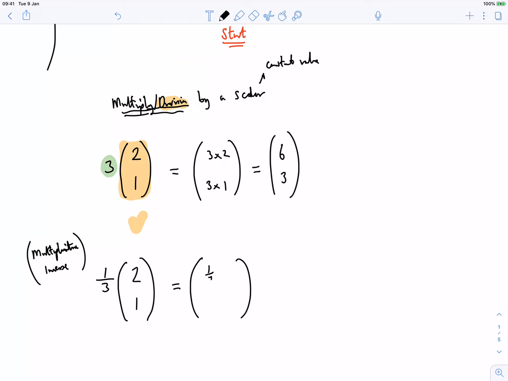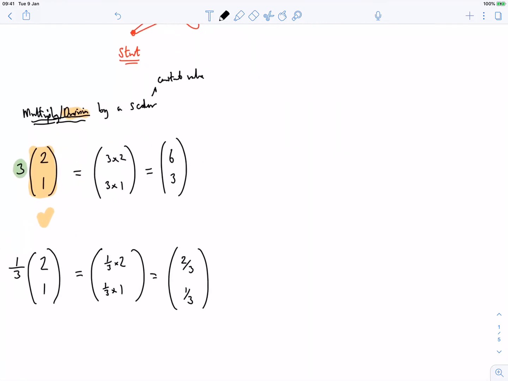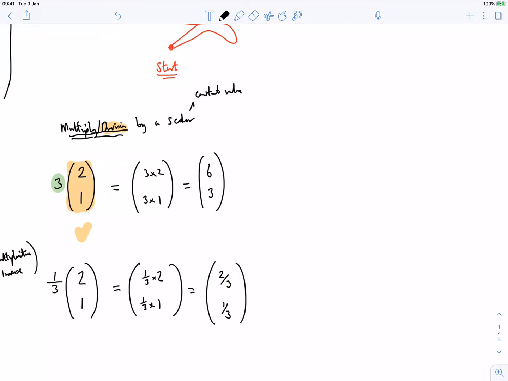Anyway, this shouldn't pose too much of a threat either. This is going to be a third times 2, and this is going to be a third times 1. And don't be afraid to have fractions inside your vector. So that'll be 2/3, 1/3, like so. Multiplying and dividing by scalars is pretty much how you'd expect it to be. That's totally fine. However, if I was to say something like 2, 1, this vector, and I wanted to multiply it by this vector 3, 2,